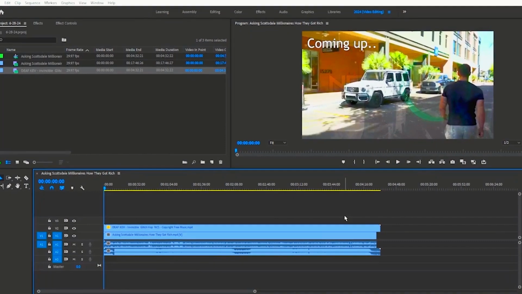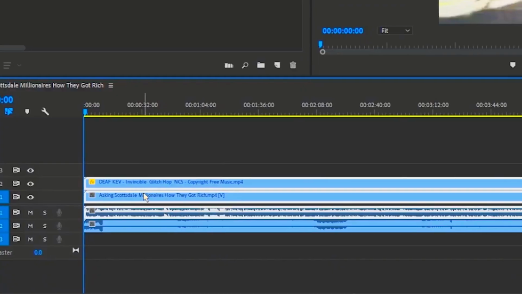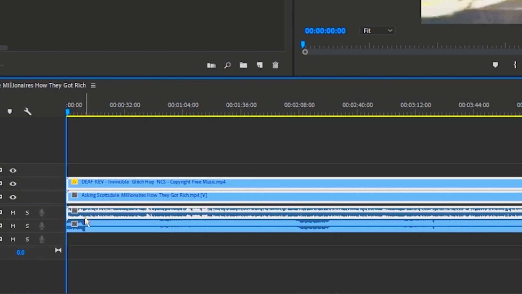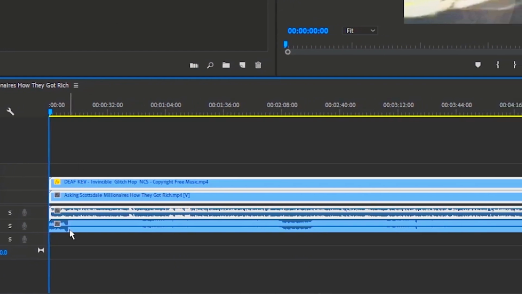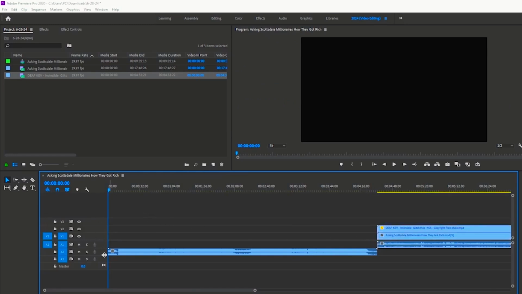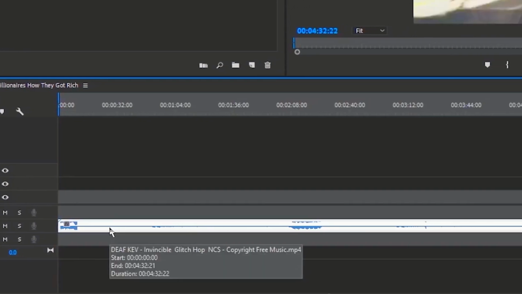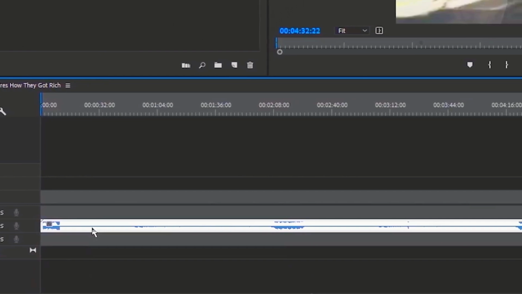Alright, step 1 is to locate the video or the audio piece that you would like to export in Adobe Premiere Pro. In this case, I have a video with audio and then a video with second audio. I'm going to drag this to the right, and then the next step is to create an in point and an out point of the audio that you would like to export. By clicking I or Control I, I'm going to go to the out points and click O or Control O